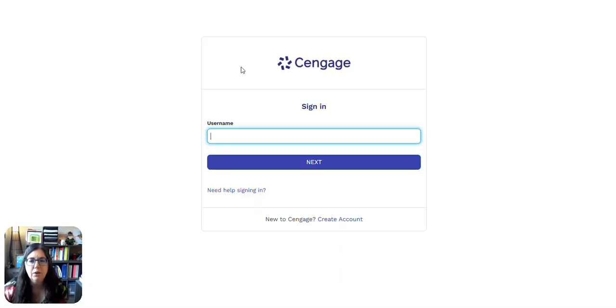It's going to bring you here to the Cengage. If you've used Cengage before, you have the same username and password, and you can go ahead and log in. If you've never used Cengage before, you first have to create an account. In there you're going to give it an email address. Please use your email address here for the college. You'll have to also then go in and click on the email address to verify that you are a college student. So now I just have to talk you through this next part because I am not a student, so